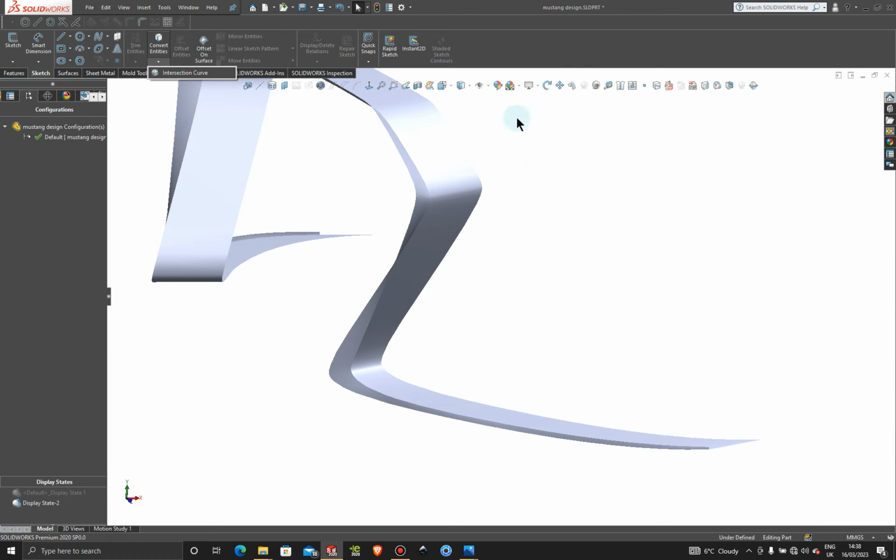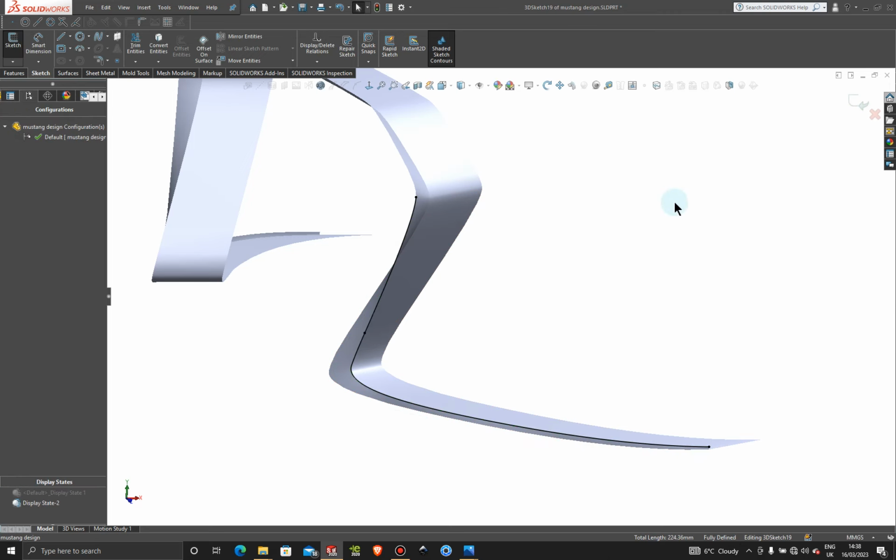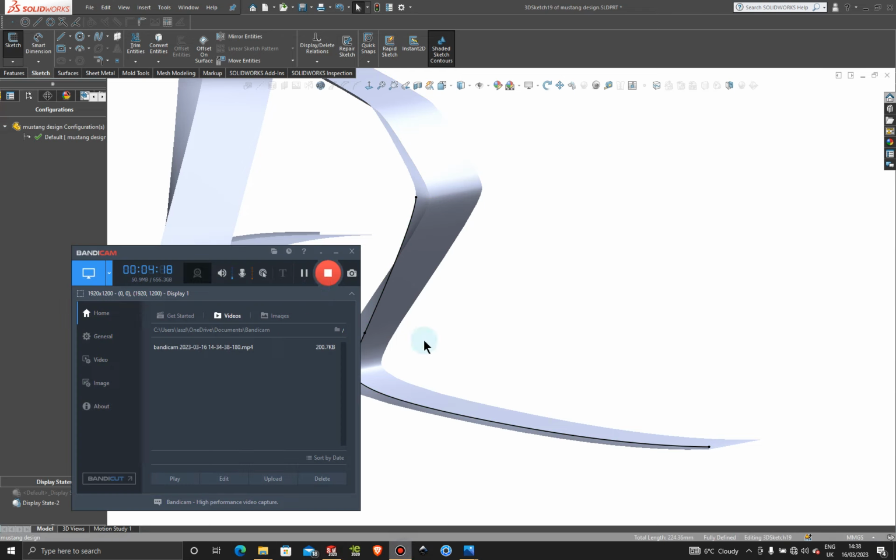Okay, so let's grab a 3D sketch. Let's grab a 3D sketch and then convert on these, and then we select this edge and this edge, just these two, and press OK. Once done that,